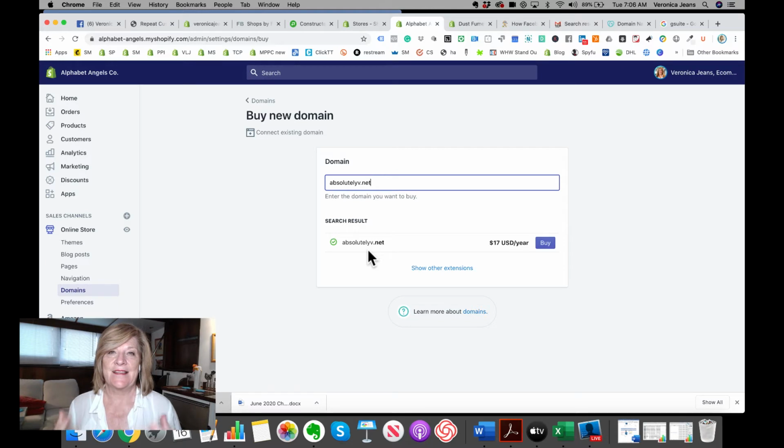But here is another aspect that you got to think about. Say for instance, if you didn't have the .com, you have the .net or the .eu or digital or whatever you're going to decide on. What if you are selling kids clothes and the .com is a porn website? It could be, right? I've seen it. I've actually seen it. So I would suggest doing some research, making sure who has the .com.